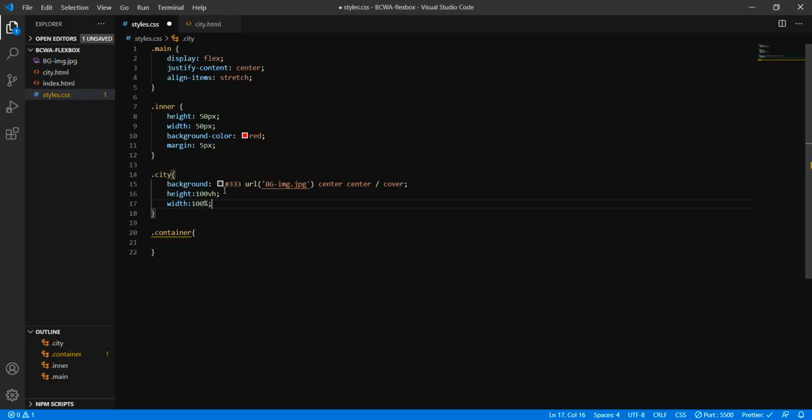I'm going to come to our container. Let's see, I'm going to give it a text color of purple. I'm going to give it a padding of, I'll say 40 pixels. You know, we're just goofing around here. Background color,